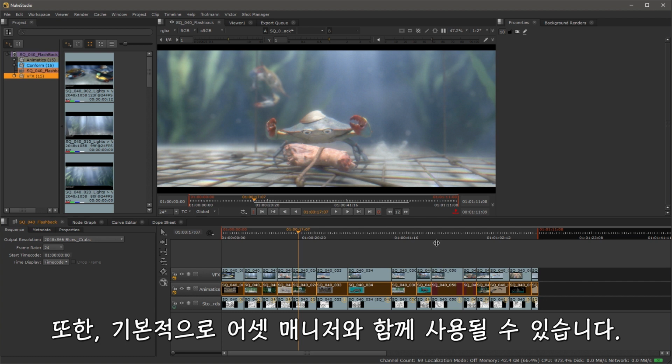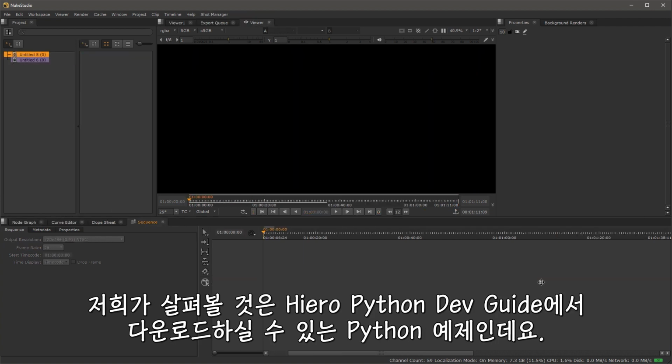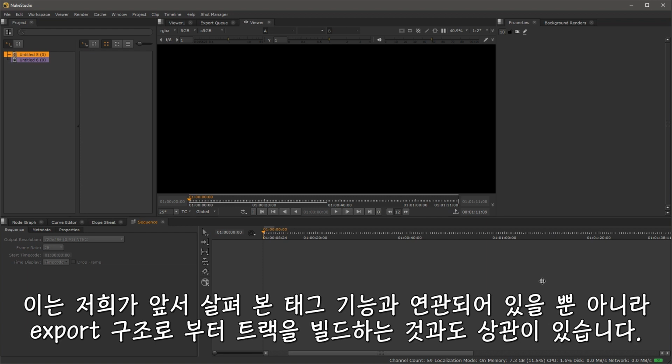And it's also the basis of things that we can be utilizing with our asset manager. So now let's take a look at that. Let's talk about asset manager integration. Now we're going to look at something from our Python examples that you can download from our Hiero Python dev guide. And this relates back to the tagging that we had a look at, as well as the building tracks